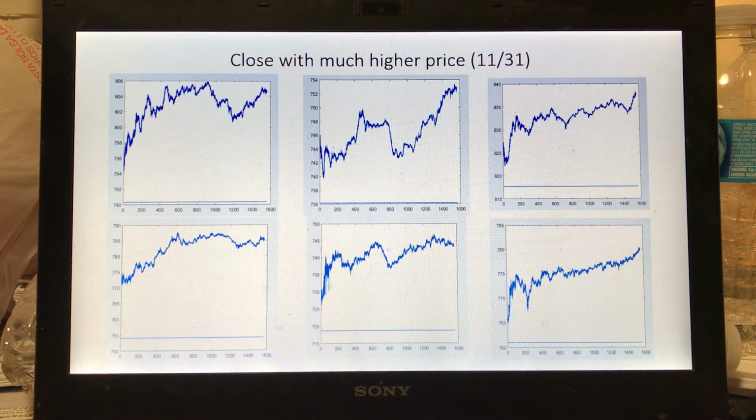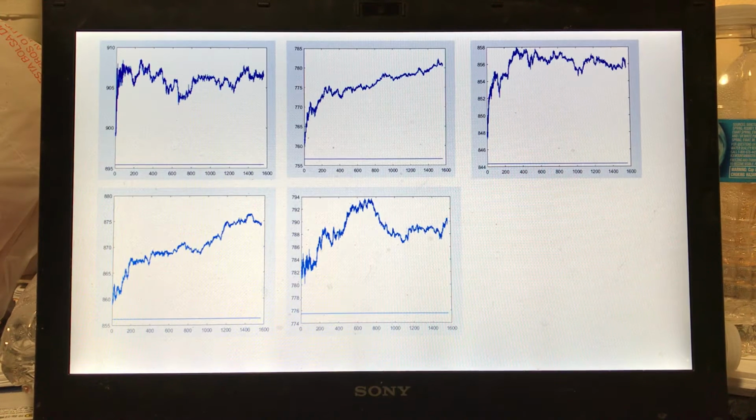And in this case, there are 11 cases that the stock ended up closing at a much higher price than the opening. That means an especially bullish market has occurred, and you can see that there is almost the same probability that the stock will close with a higher price as that the stock closes with a much lower price. So please take a look at these 11 cases and make sense of how they are behaving.